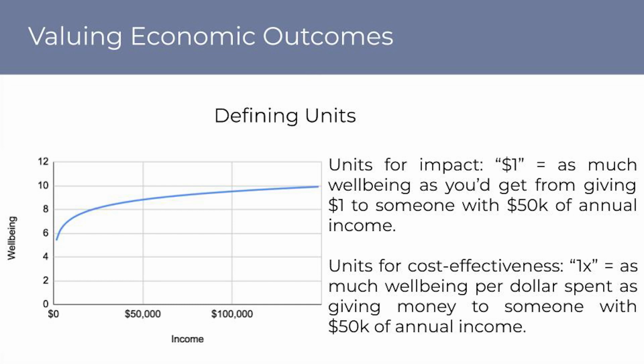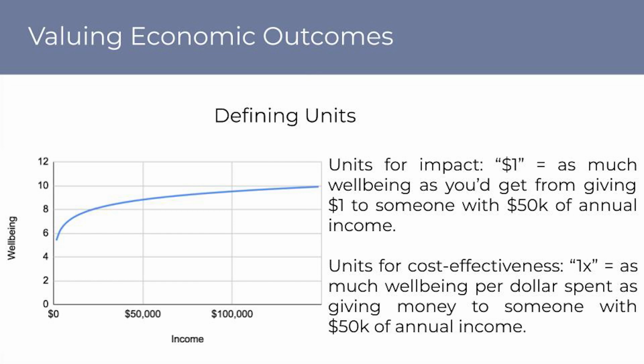So you can think, what's the simplest, easiest thing that OpenPhil could do? Well, it could take all of our money and just stand on the street corner and hand out dollar bills to Americans. So when we say that $1 to someone who's making $50,000 counts as $1 of philanthropic impact, that defines our units, and then we can say multipliers on that unit. So if someone gets $1 who's only making $500 a year rather than $50,000 a year, that's worth a lot more in our units. And then ultimately what we're going to do is have a bar for our grant making that we want new opportunities to clear.